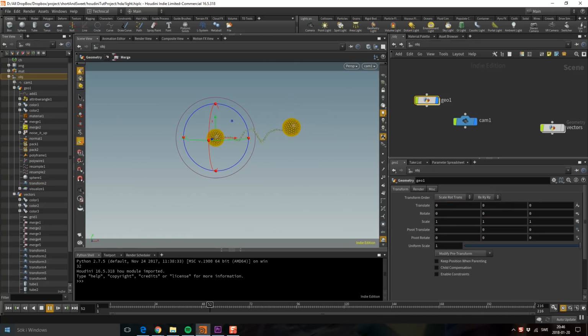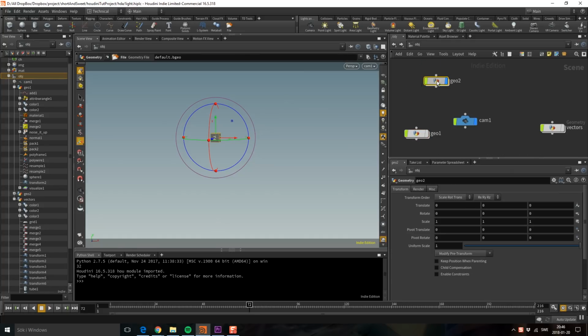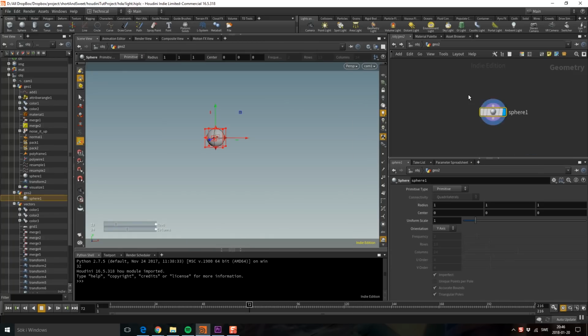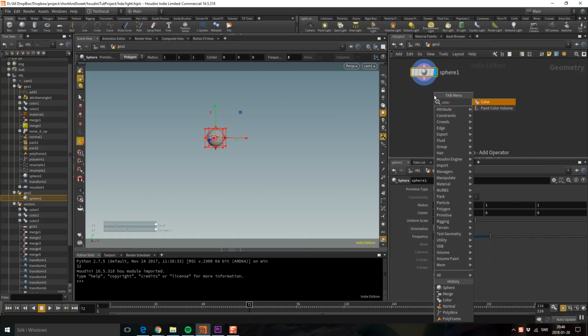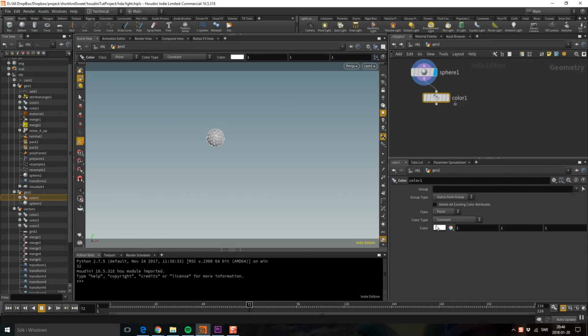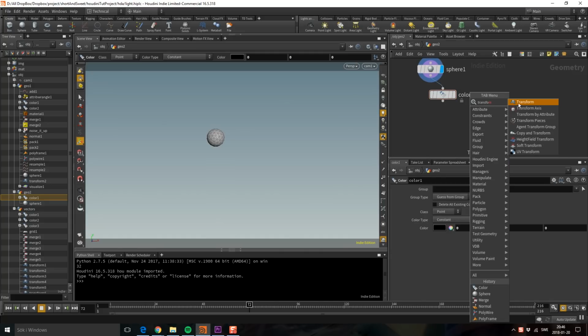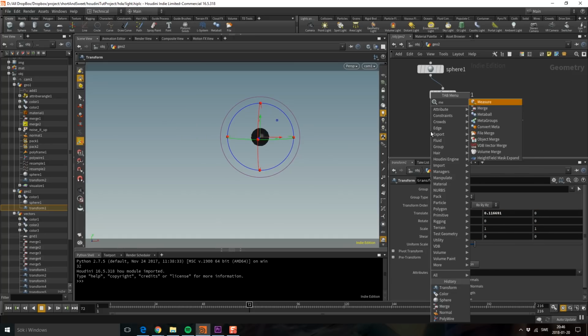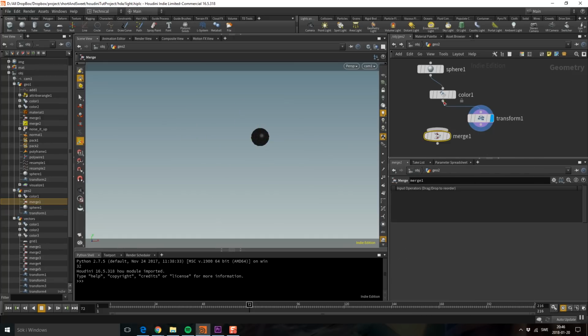Right. So first of all, let's go out. I'm going to turn this off and drop down a geo. And then I'm going to take that away, drop down a sphere, and make that a polygon. And then I'm going to drop down a color. Make this black. I'm going to drop down a transform, and I'm gonna move this guy over here, and then I'm gonna merge these together, and in that way I